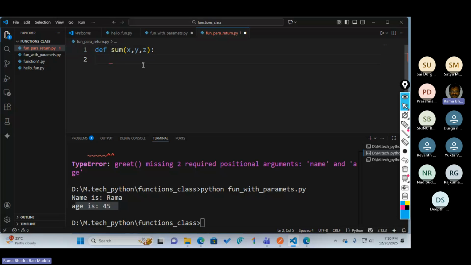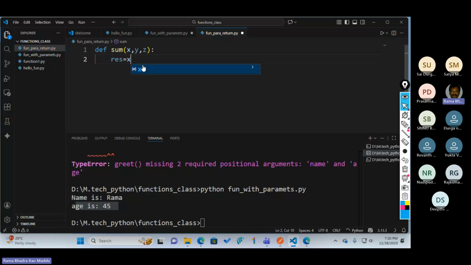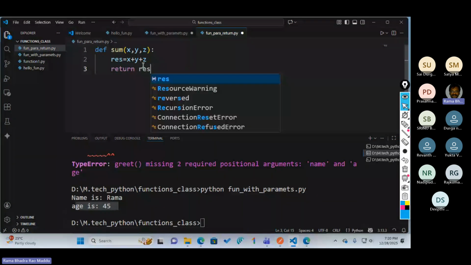I'm creating a variable res equal to x plus y plus z. I made some calculation and simply I am using return res. In this case, I am not printing anything here.